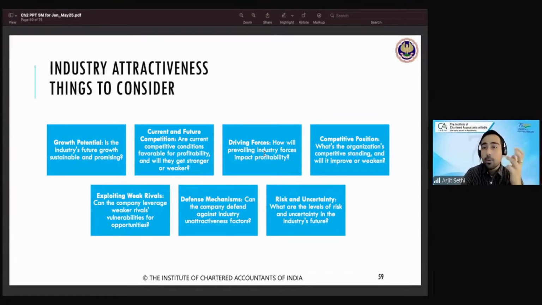So what they're doing, they're acquiring 1MG, Tata Sky, Kia. Then they brought Tata Digital. Tata now is getting into Zudio and all of that. Tanishq, brand new Titan, Timex, Fastrack खरीद ली. They're buying the new age young brands so that they can reform their business. So they're exploiting weak rivals. They're acquiring them, killing the competition, and becoming a bigger brand themselves. That's how the industry attractiveness works.